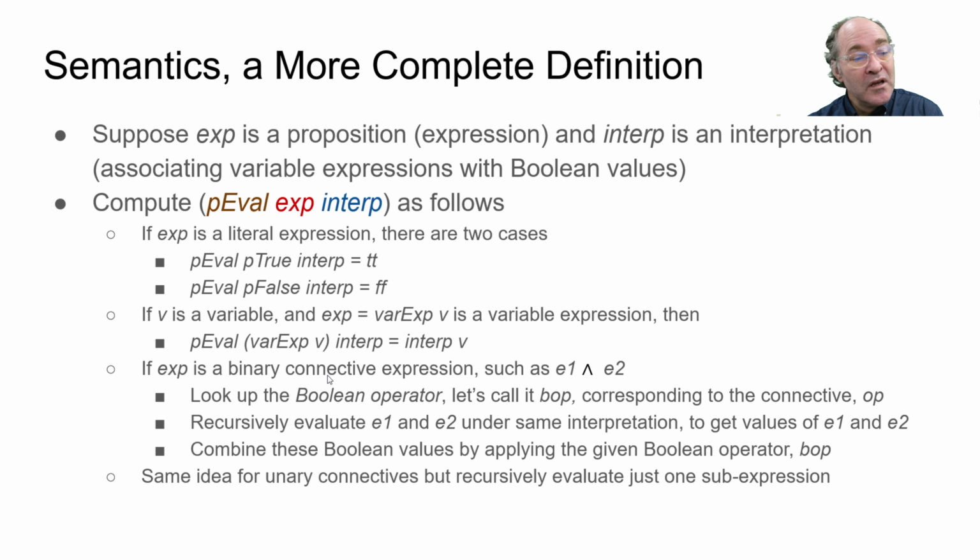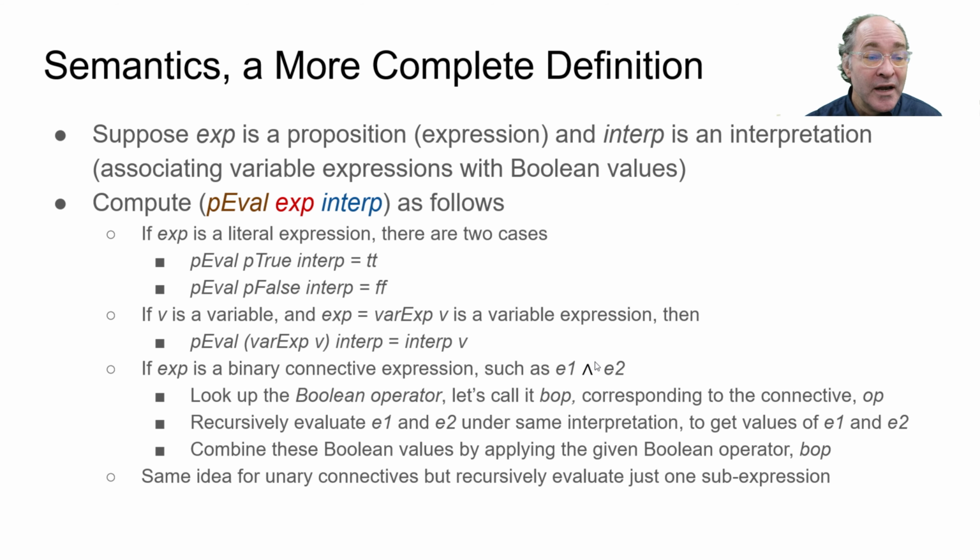Finally, if EXP is a connective expression, such as E1 and E2, then we look up the Boolean operator. So look up the logical connective. This operator is P and, okay, the propositional and connective. We look up the corresponding Boolean operator, which would be B and. So we need to have a little interpretation function for the connective symbols in our logic as well. So here we would